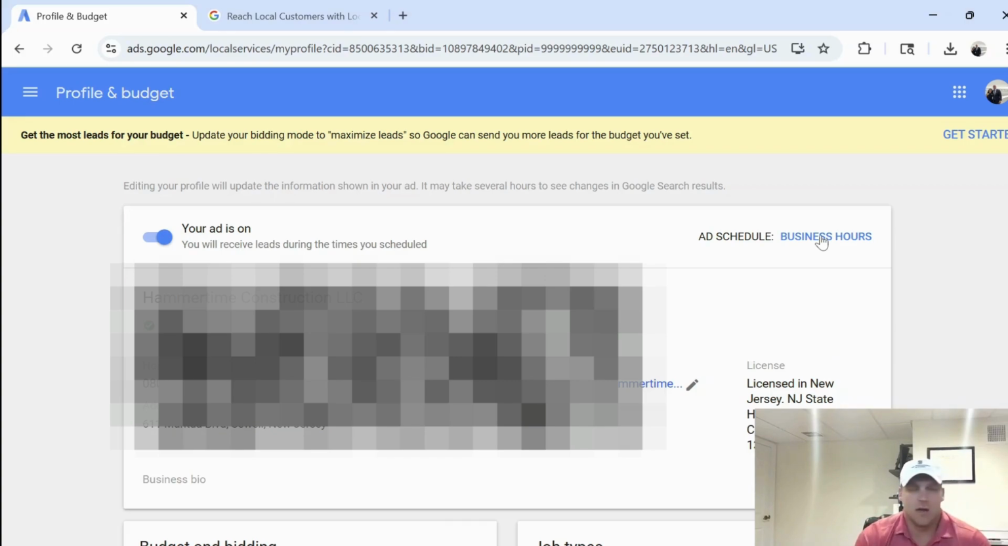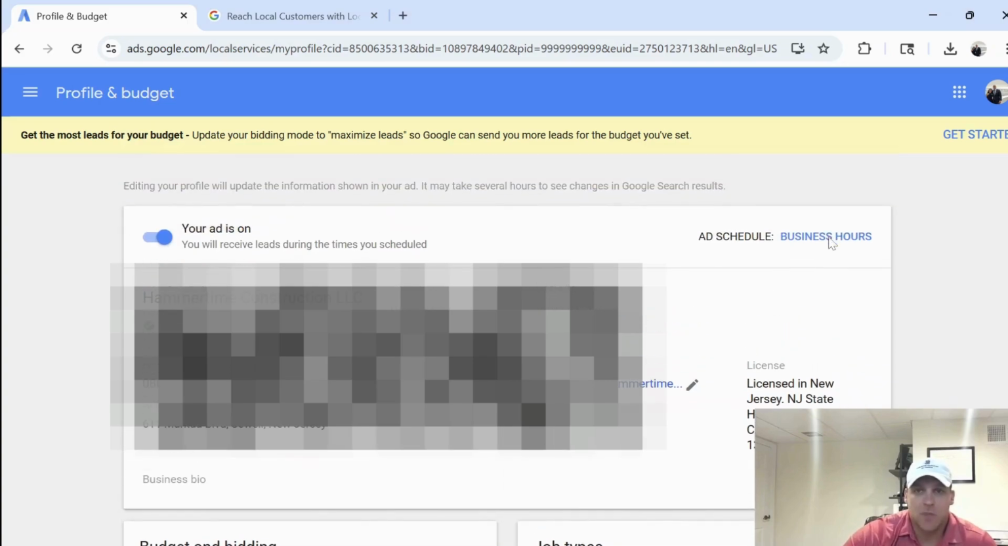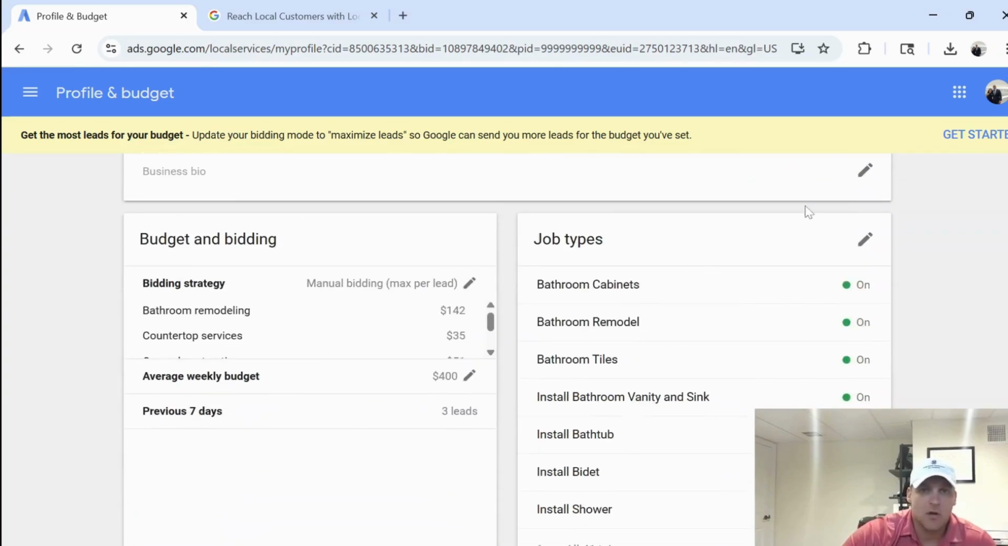So I know a lot of contractors in particular, they're like, yeah, I'll take a call at 7 o'clock. If you're not going to take that call, Google, and you don't answer it, Google is going to not show your ad at that time. So it's better to set realistic expectations and put a good schedule up front so you don't have to continually revise it. And then you go into job types, and this is based off of the industries that you selected,